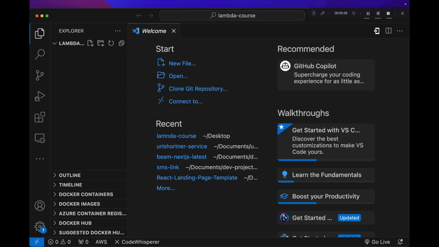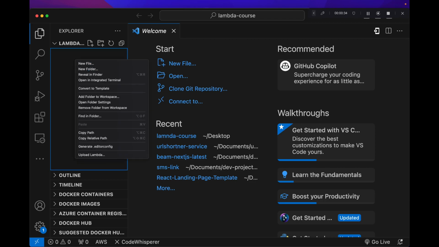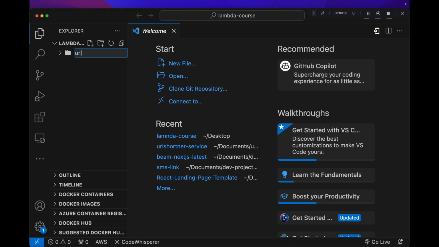We're pretty much starting from scratch to build out our URL shortener service in this video. So I'm just going to go ahead and create a new folder directory. I'm just going to call this URL shortener API. And before we add any files in here, we're going to actually start from the application composer and we'll synchronize